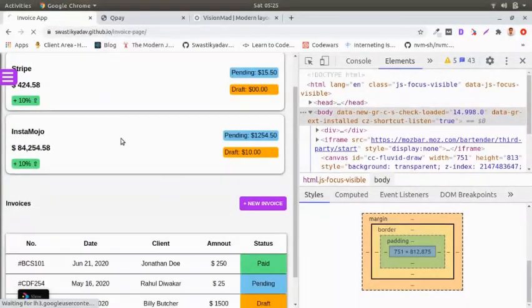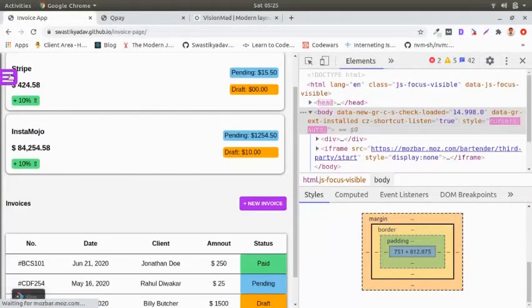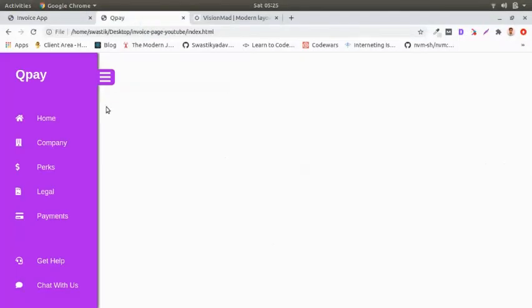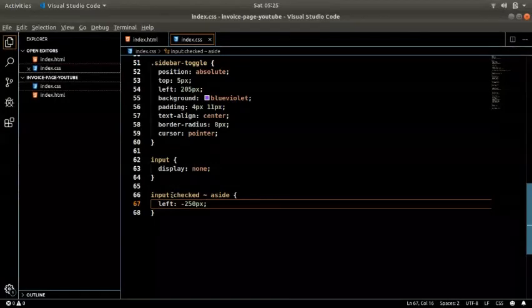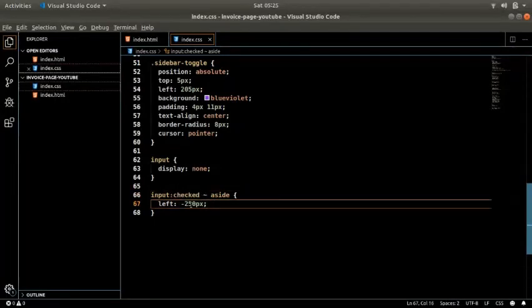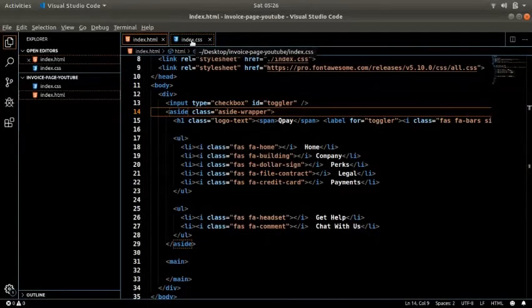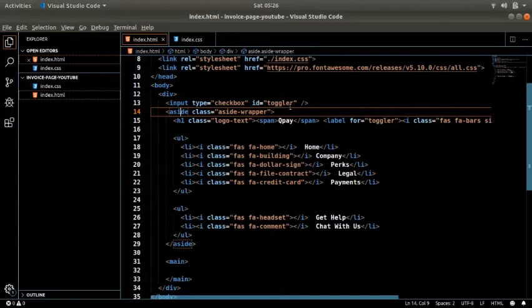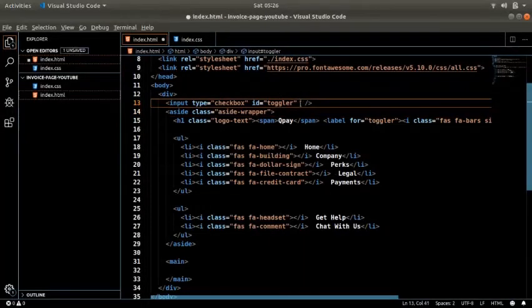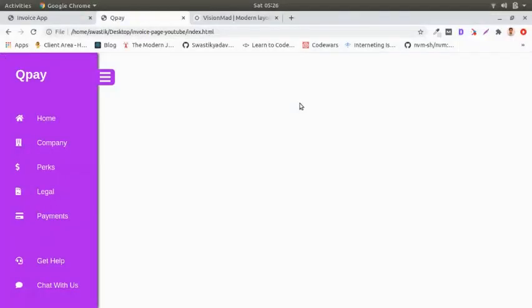And what happens when we load this page? The sidebar by default should be closed, but in our case, when we reload the page, the sidebar is open by default. So how can we close it? The CSS says that if it is checked, then keep it closed, because you move it to the left by 250 pixels, its entire width. So if it is checked, then it is closed, because it is moved entirely to the left. So let's check it by default. On the input you can give an attribute checked, which will make it checked by default. Okay, so now you see it's closed by default.